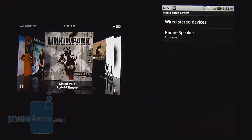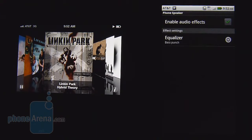With the ATRIX 4G, it has some equalizer settings just to better enhance the audio quality from the speaker. But honestly, the output is going to be the same. They're very strong on both devices here, but we just like the fact that there's different equalizer settings with the